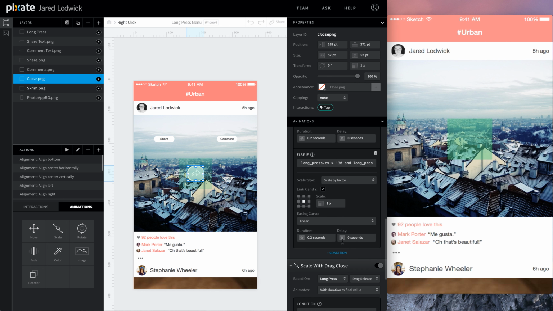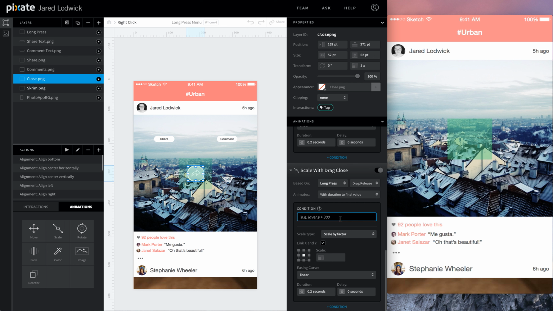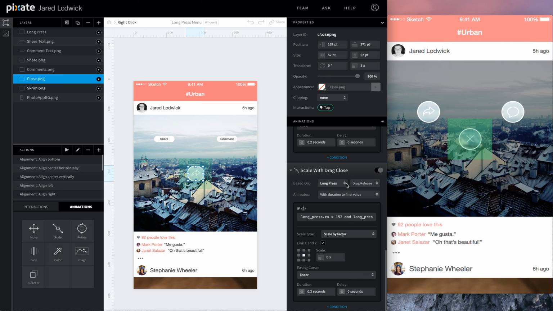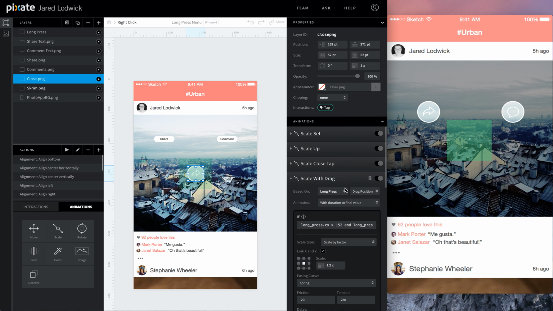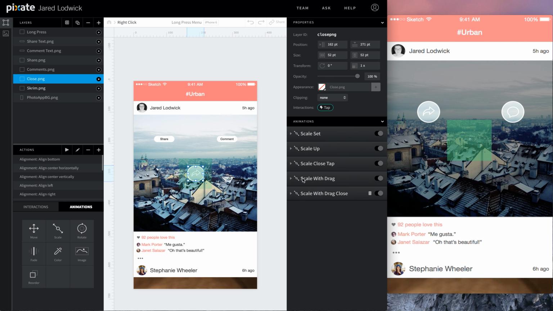So copy here, we'll say if this first one, we'll tell it to go to 0. We'll leave that easing curve. Let's make sure that's working. If I open this up, drag out, let go when it's over here, it scales down. Perfect.